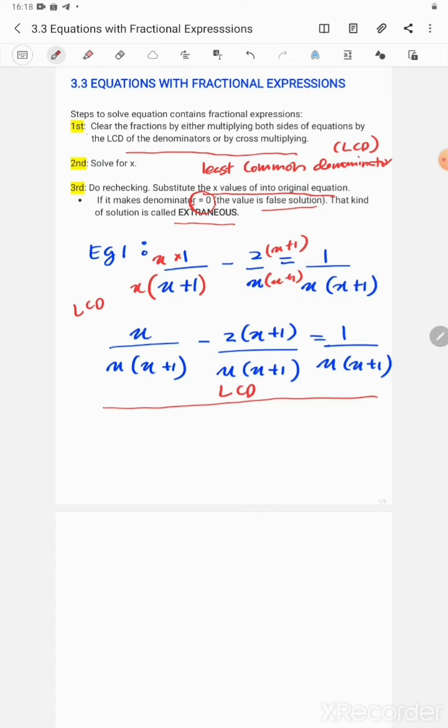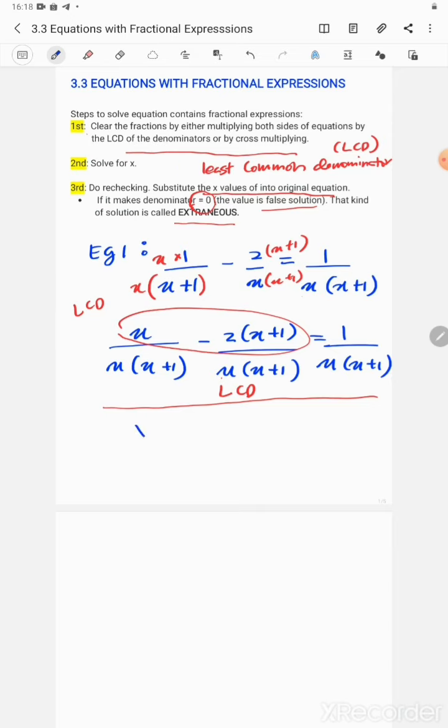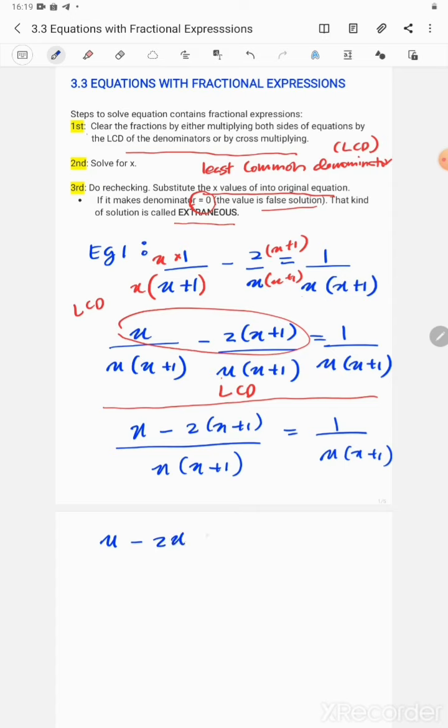Alright, so when we get the same denominator for all, so you can just combine yang atas ni x dengan, okay, ingat tak masa sekolah dulu belajar, bila denominator sama, atas ni kita buat apa? Kita just combine je lah. Alright, so dia akan jadi x minus 2 in bracket x plus 1 divided by x plus 1 equal to 1 over x plus 1. Alright, and then kita expand yang dekat atas, kita dapat x minus 2x minus 2 over x plus 1 equal to 1 over